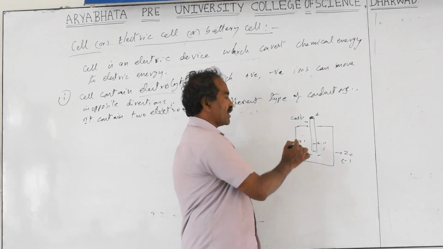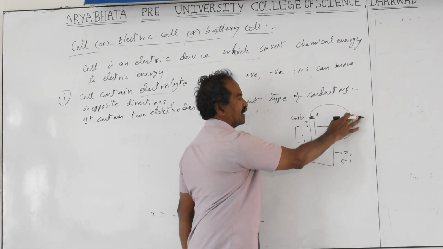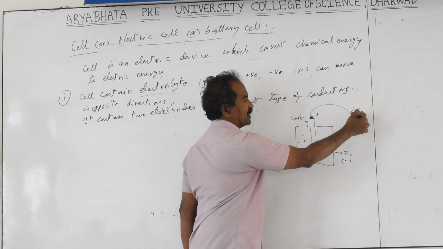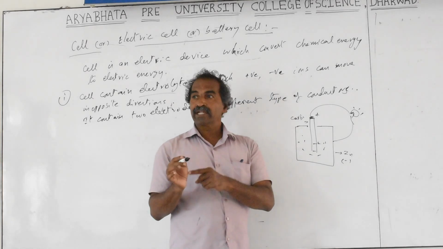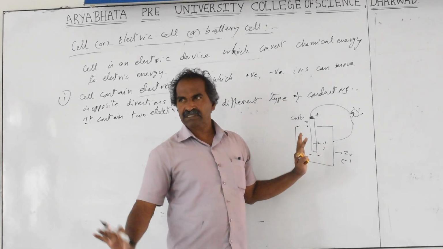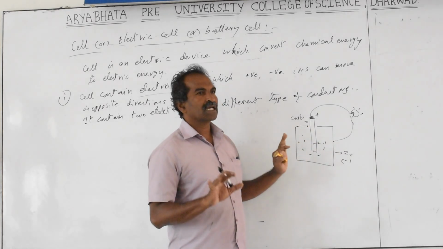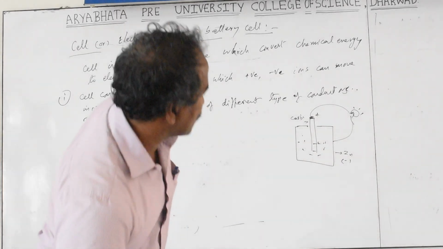And current will pass whenever the connection is made from plus to minus with the help of a battery, bulb or something. When you connect it, current starts passing. Inside the electrolyte, positive and negative ions move in opposite directions. The functioning itself will not be asked of you. What I am going to discuss now are a few points that are not important for your examination; they don't ask you. You just need some points.